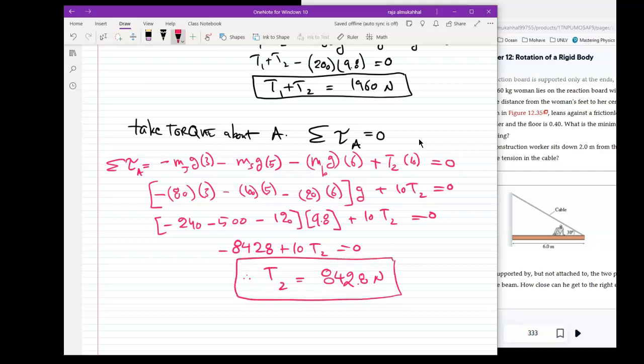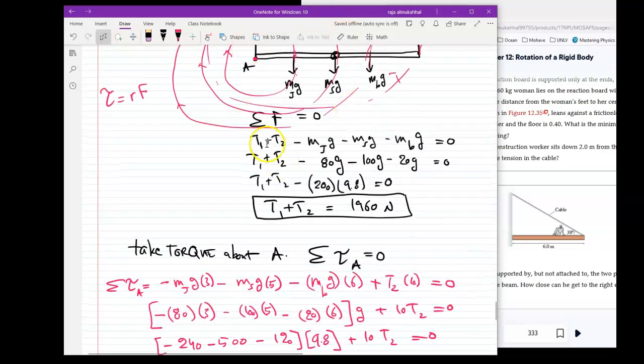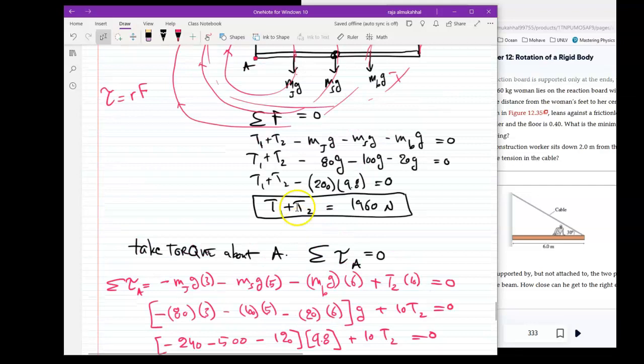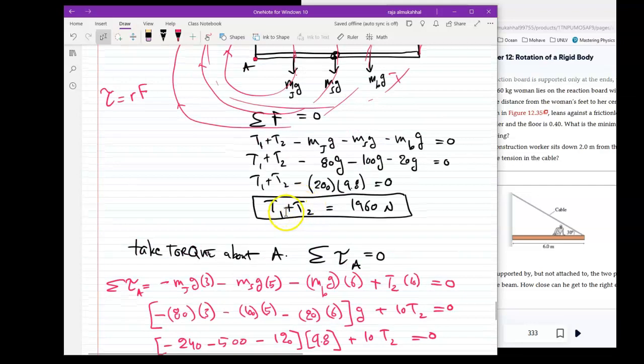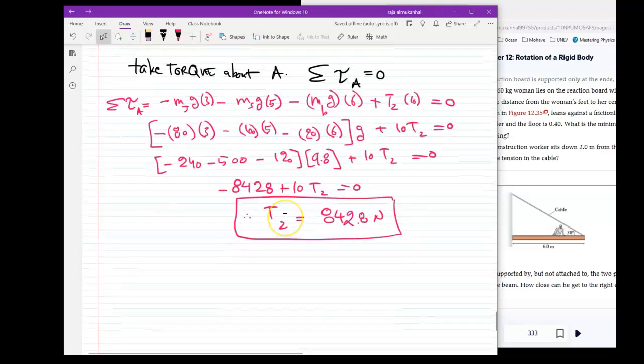I know what T2 is. Now I'm done with basically this part of the problem. I can appeal to the Newtonian formula, sigma F equals 0, right here. And I got that the sum of T1 and T2 is 1,960. I can plug in T2 in there, and then solve for T1. I can do that. So therefore, T1 is equal to